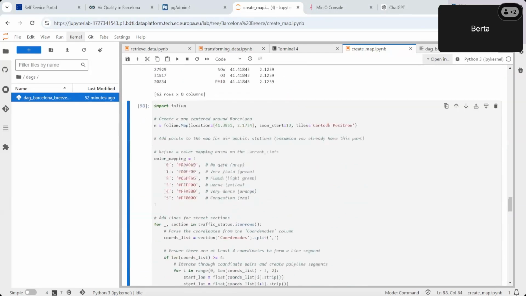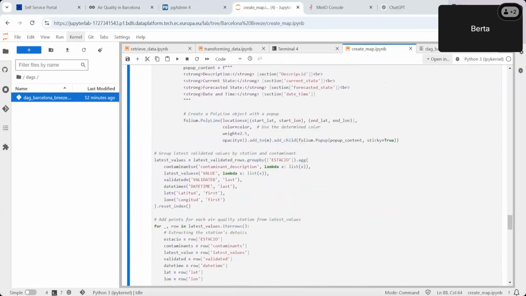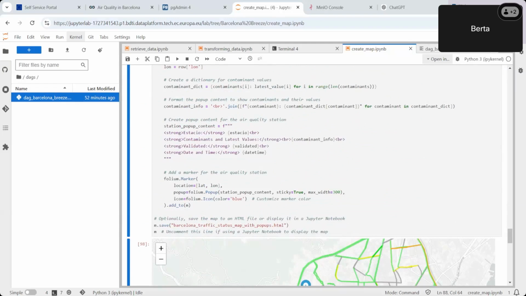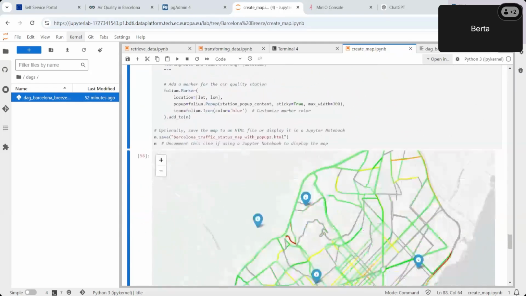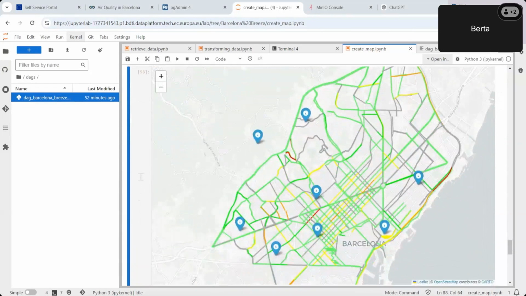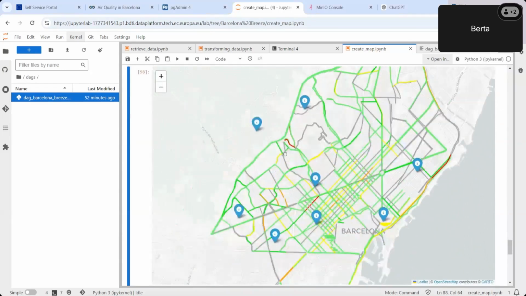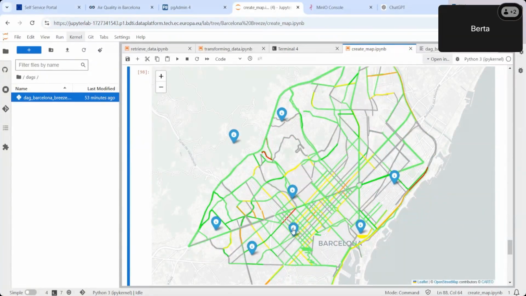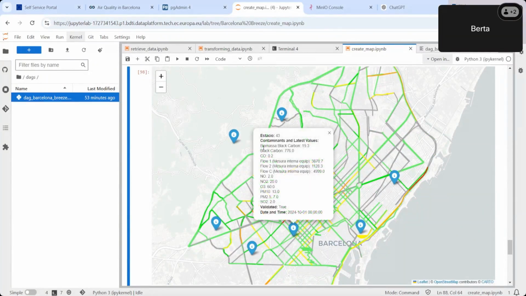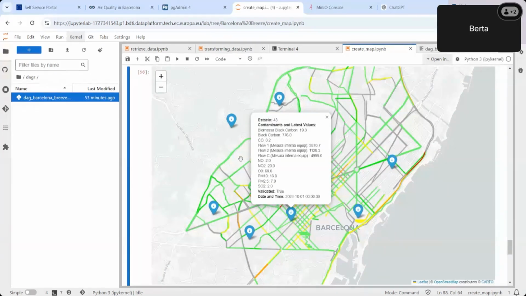And then here, basically, we have modified the map to include this data in a beautiful manner, and then adding the pop-up so that now when we select, so we can, again, still move the map, and we can click on a station. So these points here are the different stations, and see the latest values of each pollutant or contaminant. And then with some field knowledge, we could analyze whether the areas with highest traffic or traffic density have more pollution and would require some sort of action.